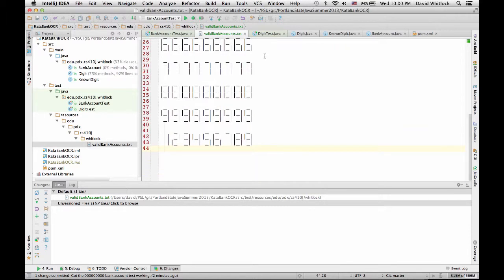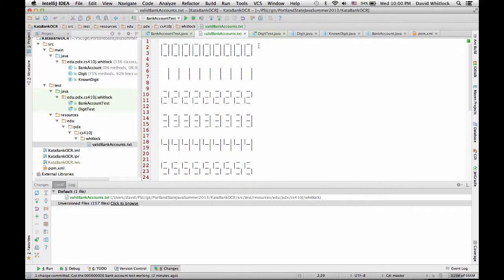Okay, right, and each one was 4 lines long: the 1, 2, 3, and then an empty line. 1, 2, 3, and there's an empty line. 1, 2, 3. Okay, this seems to be right. So now what I need to do is, I think I'll have a separate class